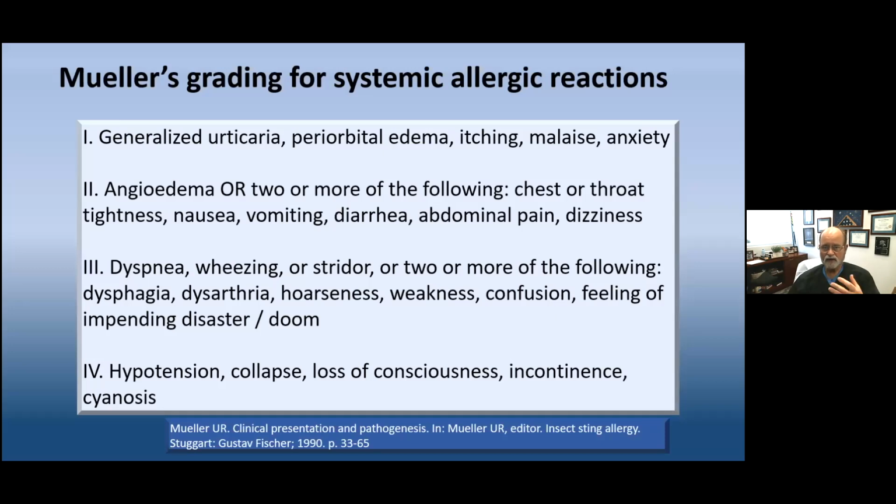All right, so how do we grade anaphylaxis? Well, we use what's called Mueller's grading system. It was first published in 1990. So a grade 1 is that generalized urticaria, that flushing, that malaise and anxious feeling, maybe some itching. But then you go into a phase 2. Now you've incorporated angioedema, or you can have one of the following two: chest or throat tightness, nausea, vomiting, diarrhea,